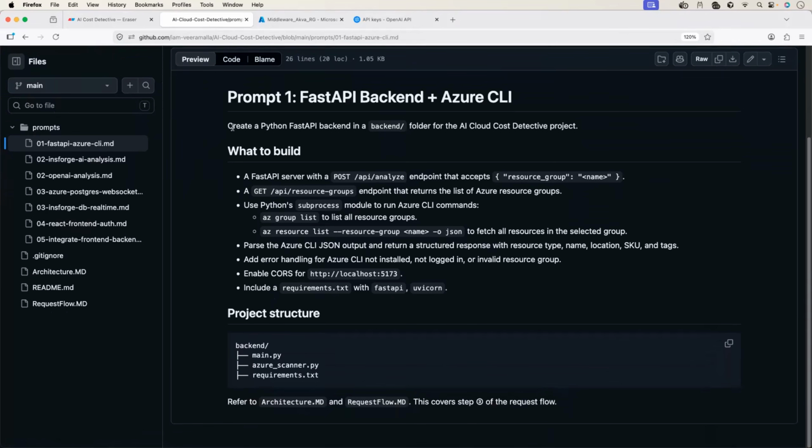So first of all, I explained: create a Python FastAPI backend in the backend folder. So I'm asking it to create a folder in the Cloud Cost Detective project. Okay, that's fine. A FastAPI server with a POST /analyze endpoint that accepts a resource group as input. So this is what I told you. The Python backend should basically accept a resource group as input. The user will provide this information from the front end. Then I said